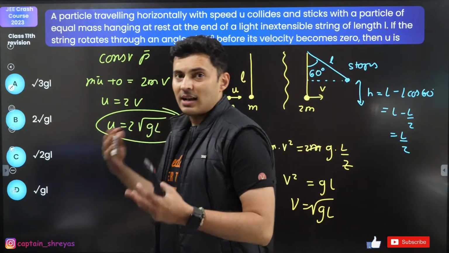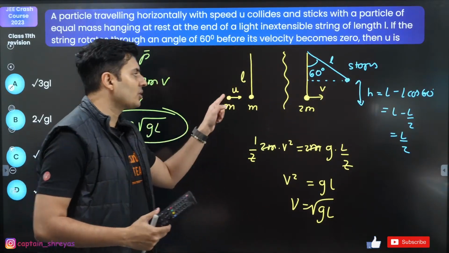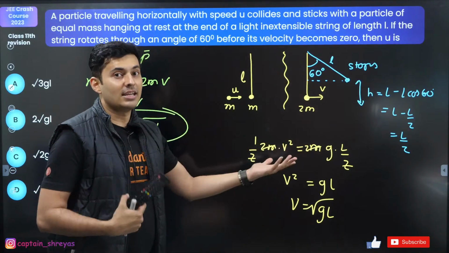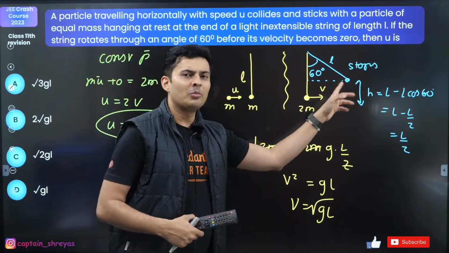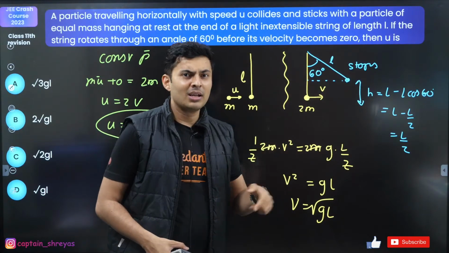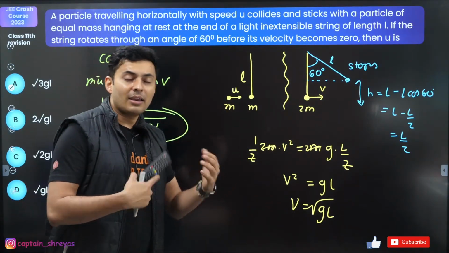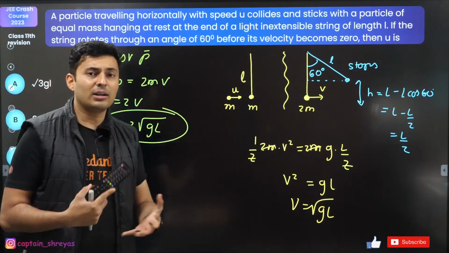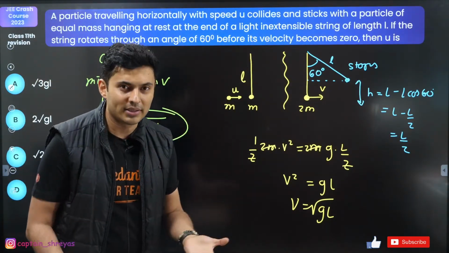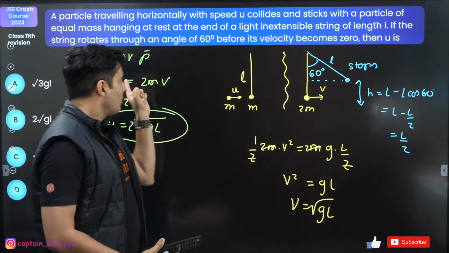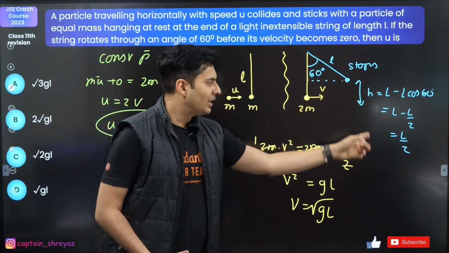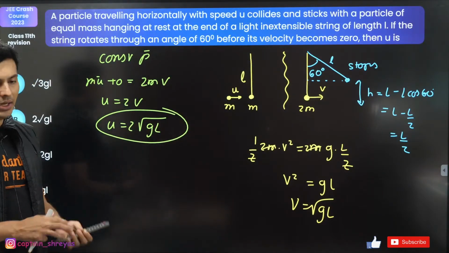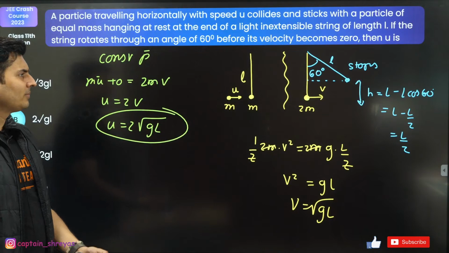So you should always see what is asked. The question was not to find v. From here to here, energy is not conserved, momentum is conserved, because it is an inelastic collision. From here to here, momentum is not conserved, energy is conserved. That's what I was saying some time back. Everything has its own unique characteristics and criteria. Every part of the problem might involve different concepts. Here to here, it was momentum. Going up, it was energy conservation. Beautiful question, understood. Can we move ahead to the next one?